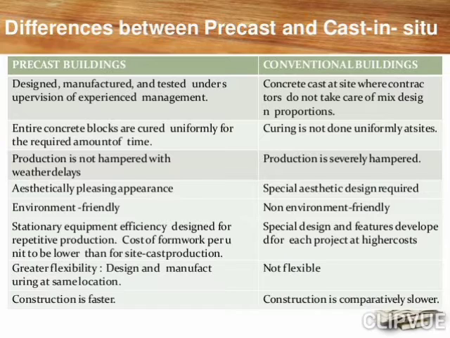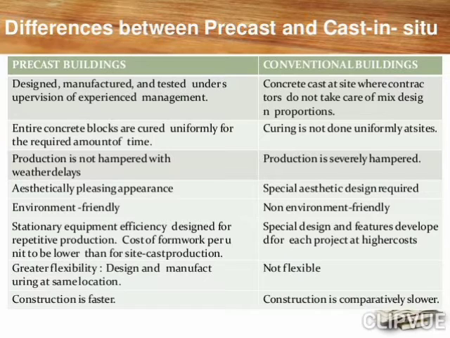Stationary equipment efficiency designed for repetitive production. Cost of formwork per unit to be lower than for site cast production. Greater flexibility. Design and manufacturing at the same location. Construction is faster. In case of conventional buildings, concrete cast at site where contractors do not take care of mixed